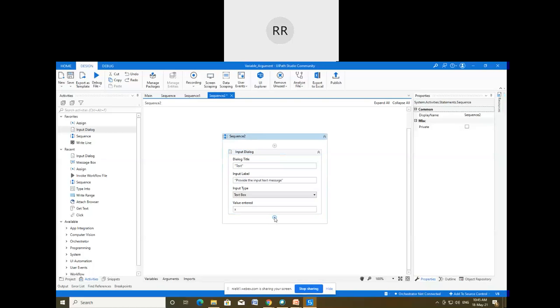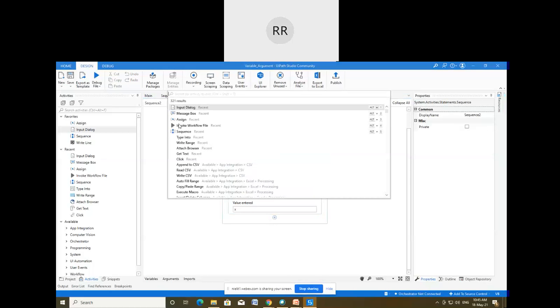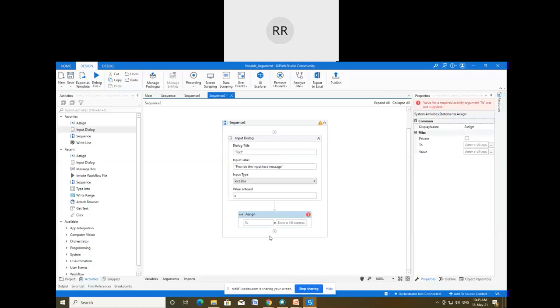To use that substring function, we have to use the assign activity again, and under this assign activity we'll again get the value field and the to field. After this equal sign, whatever you get, this enter a VB expression, is the value field. Here I'm going to provide x, the text from which I want to get the substring, and then the substring function.